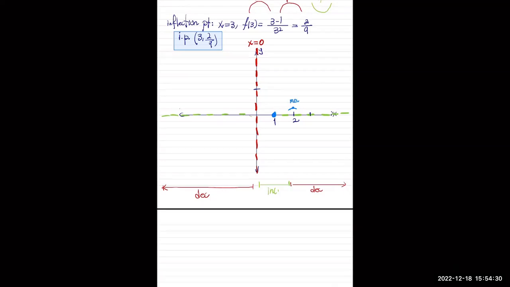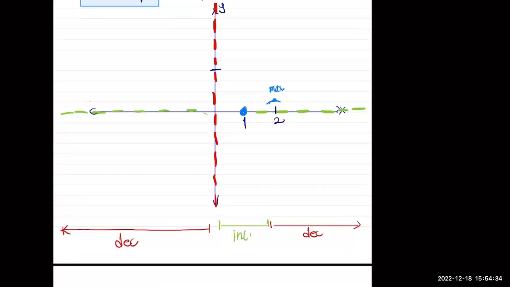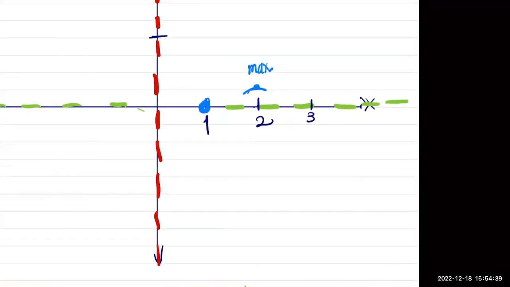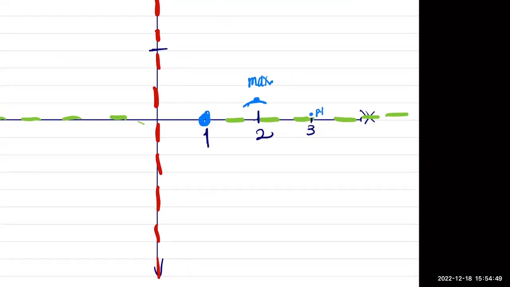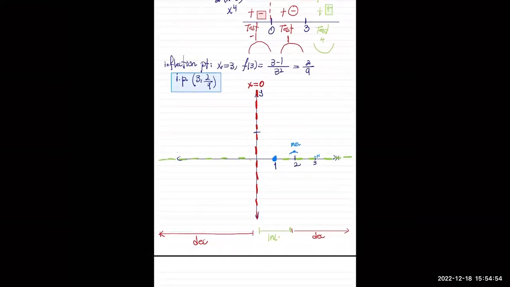3, 2/9. So 2/9 is pretty small. Let's just say it is here. Okay, point of inflection. Already? Yeah, and I have the concavity information right in front of us. So let's go ahead and draw. All right, so